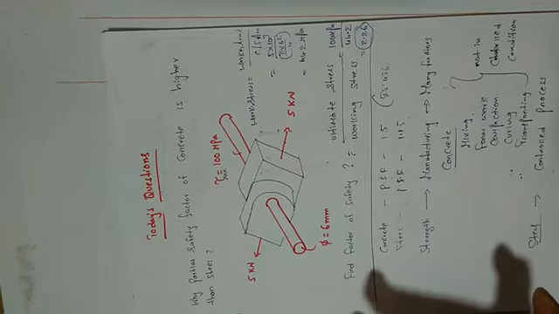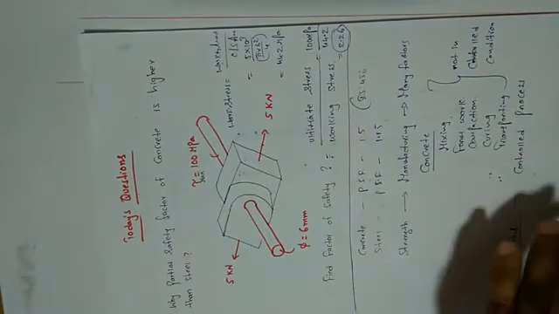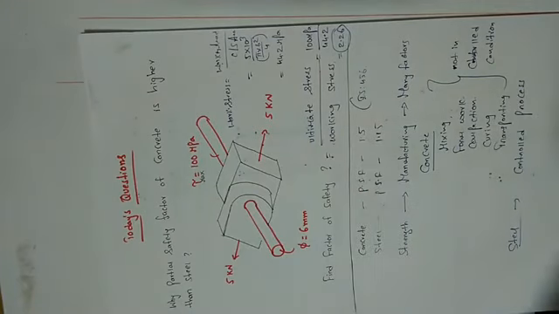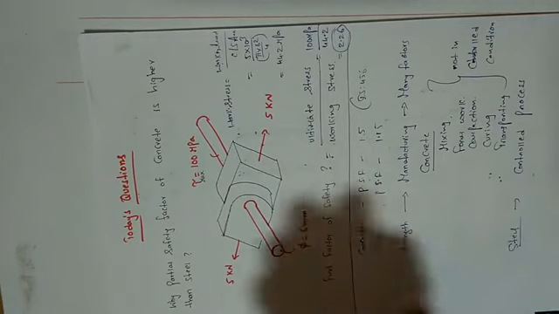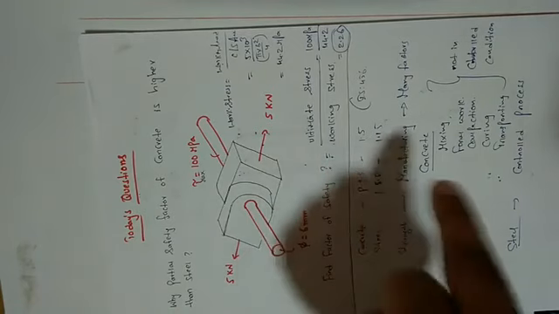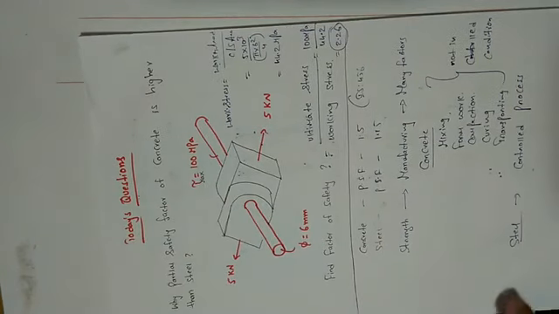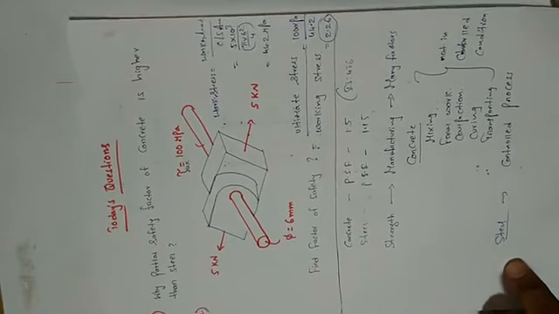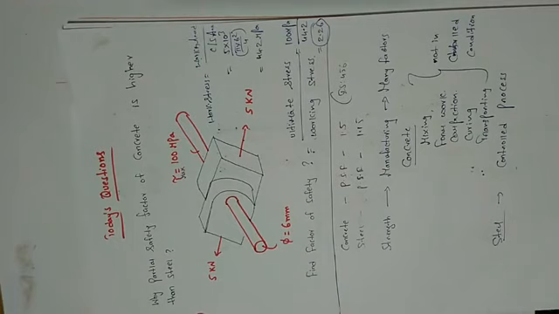Partial safety factor is nothing but what? Your ultimate load by design load. Design load we always get from dividing your ultimate load by the partial safety factor. That's why partial safety factors are given in the code. Factor of safety will never be given in the codes. So the answer to the second question is 2.26 factor of safety. I think these are the answers for these two questions.